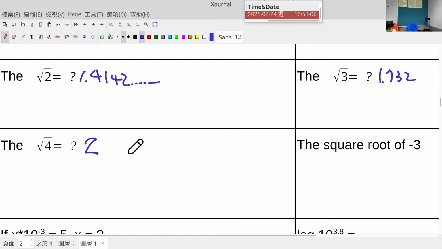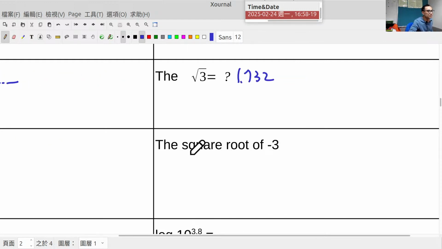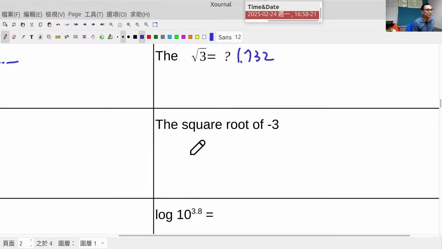The square root of -3. Yeah, if you write this, it's okay. But the perfect answer is